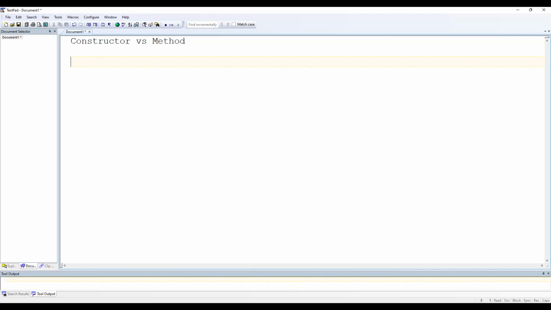So in the previous video, we have seen how to create a constructor and how to call the constructor, as well as how to create a method and how to call a method. In this video, we will see the difference between them, because both are, as you can say, methods. But what is the difference between the constructor and method? Let's start. So difference number one,